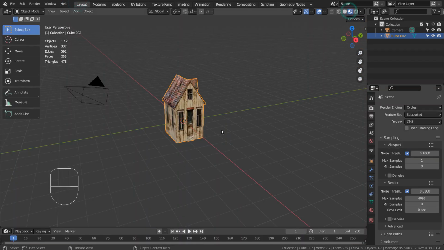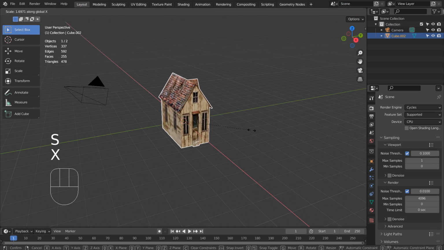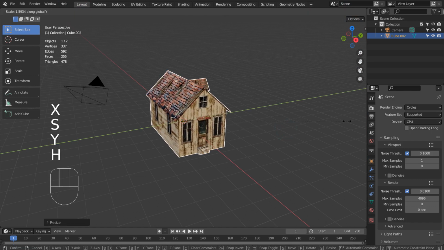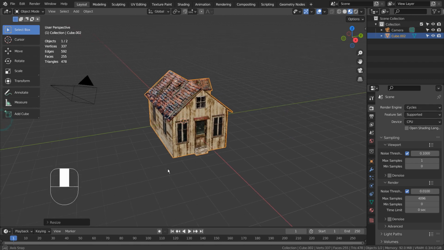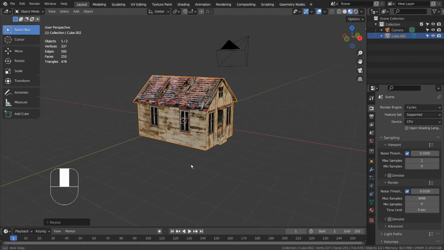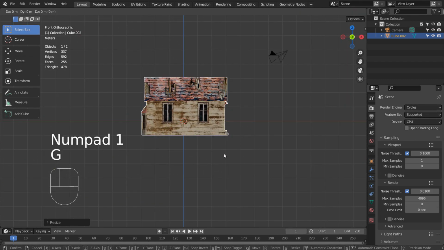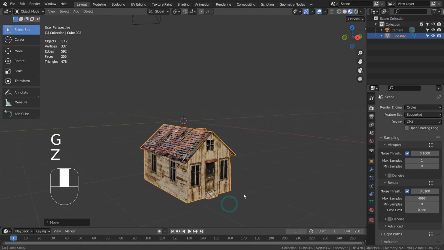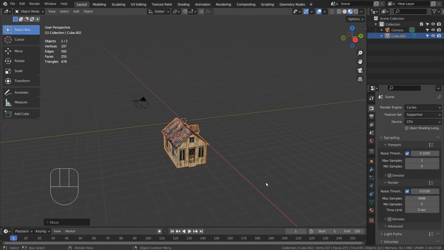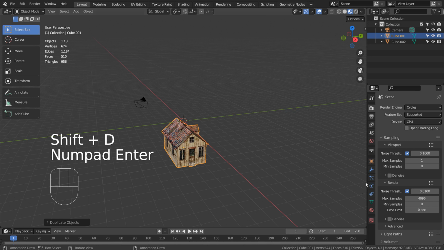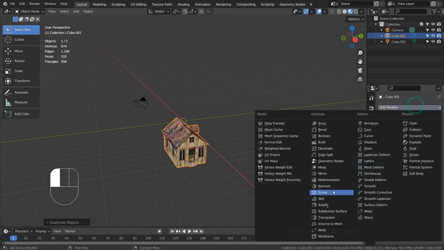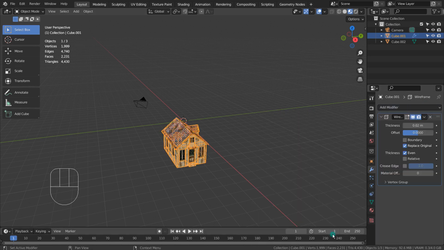I'll type S and Y and S and X to scale the mesh. Let's move the mesh down from the world center. Shift D to duplicate. I'll add a wireframe modifier and rename the meshes.